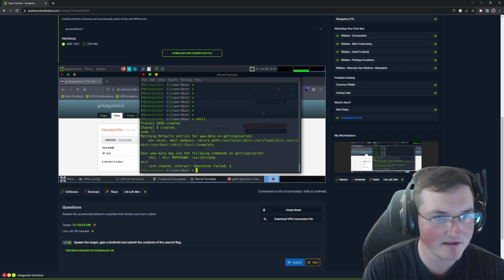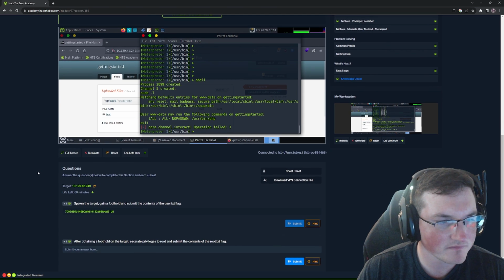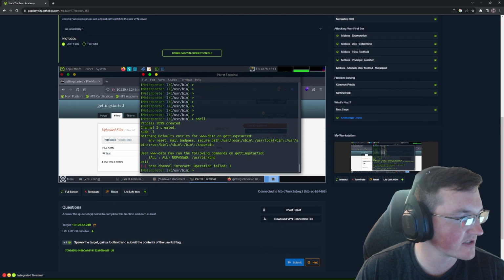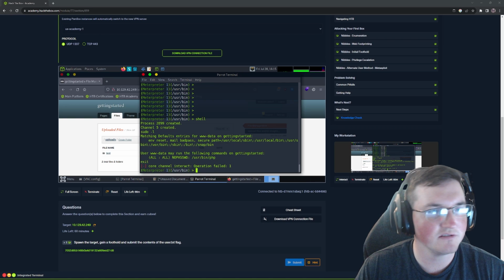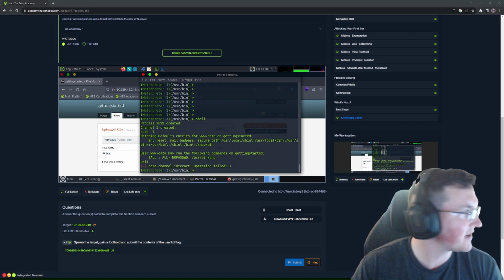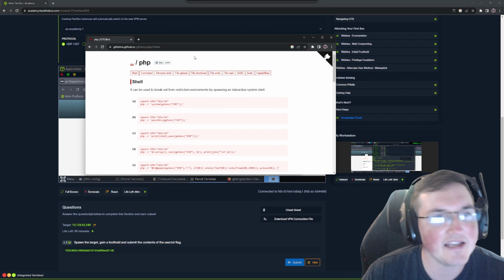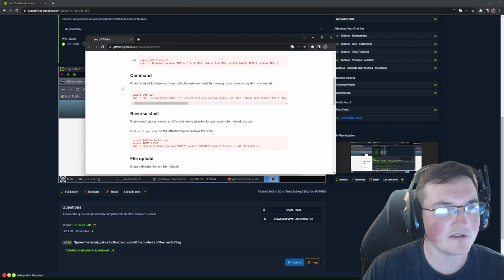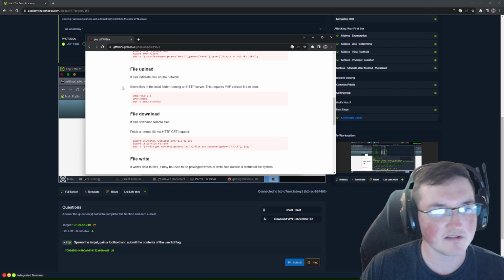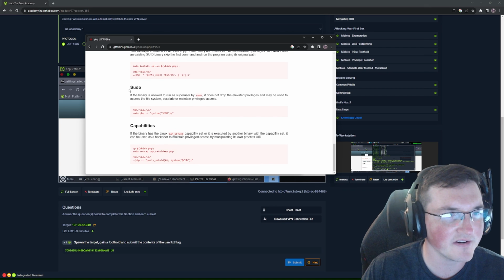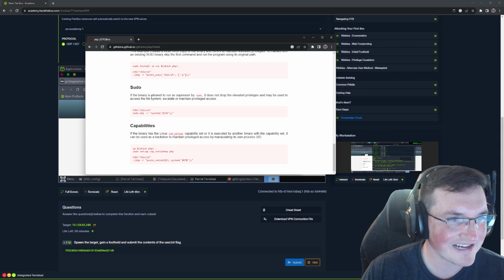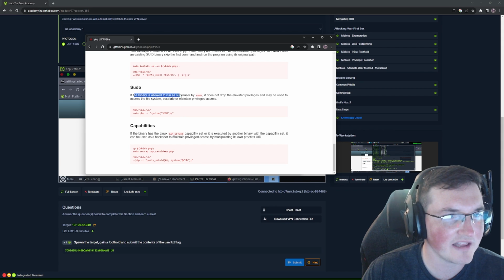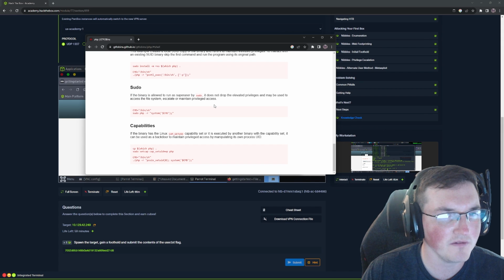So we exit that, and now we say, okay, so we can run PHP. So what's the first thing when you see that? Usually look at GTFOBins. If you're not familiar with GTFOBins, it is a site that basically tells you all kinds of ways to get shells, escalate privileges, all kinds of stuff. So you can see here, sudo. So we have sudo access to run PHP. That's what it's saying here. If the binary is allowed to run as super user by sudo, so what we're going to do is copy this little one-liner,